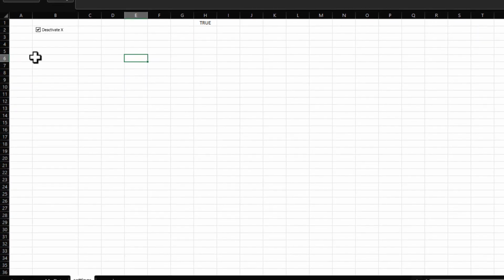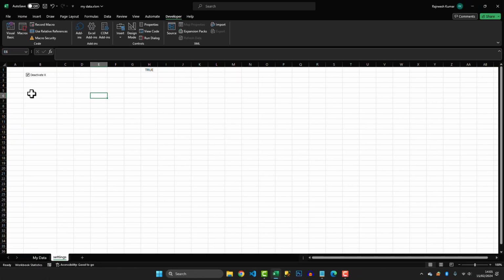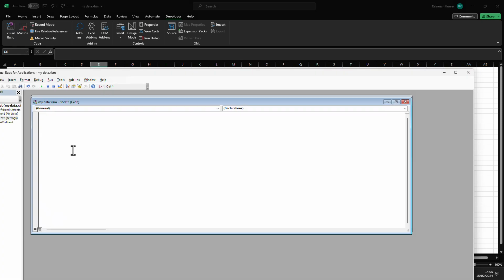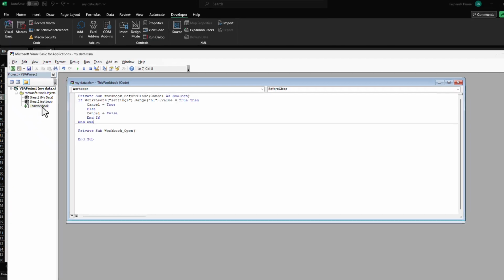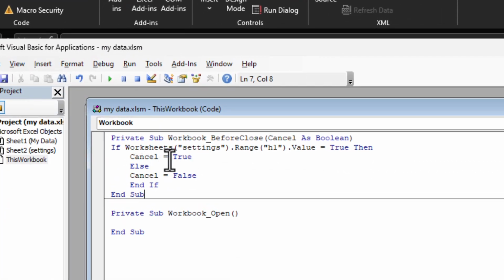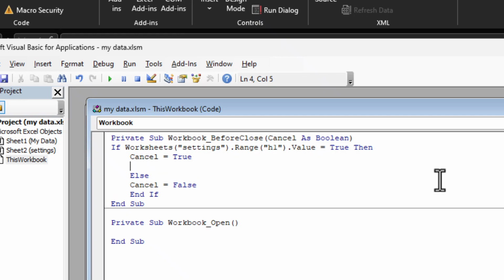One other thing we can do is turn this close button into a minimize button. Let's say you want to get rid of all your applications and you're clicking X on all of them. You probably want to go to your desktop, right? So let's turn it into a minimize button, so it will minimize and won't close. To do that, go back into the code editor. So right click on the settings tab, View Code, click on this workbook, and at the bottom of this code, you can write